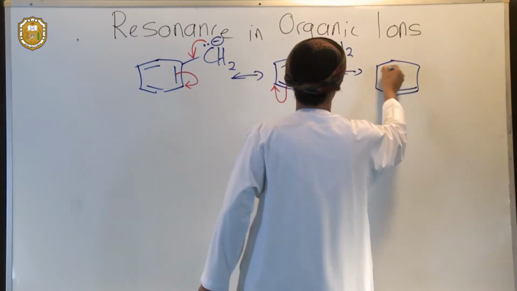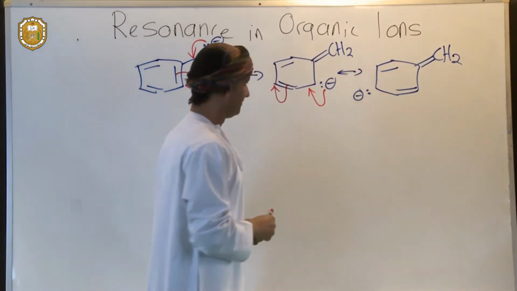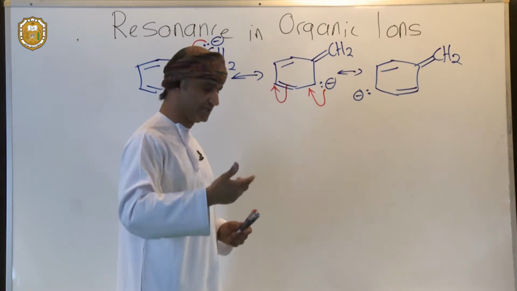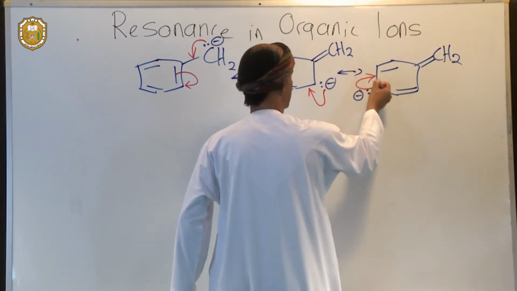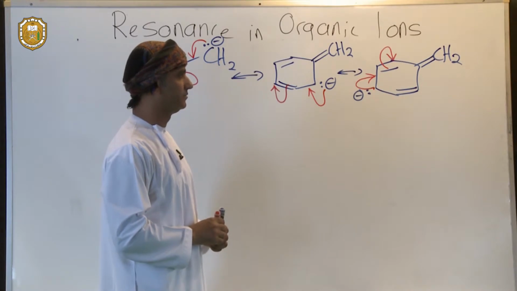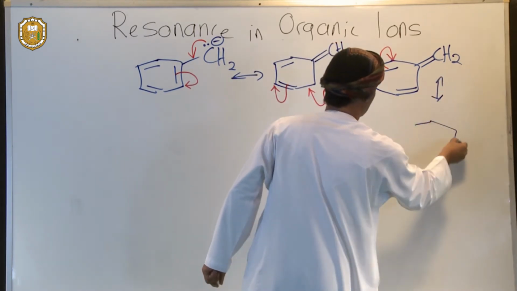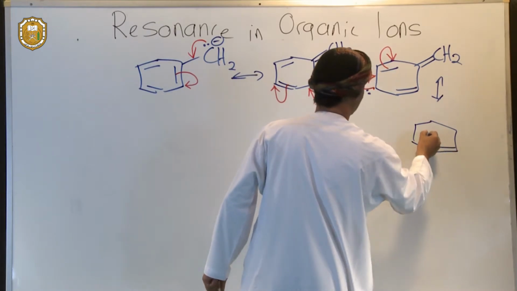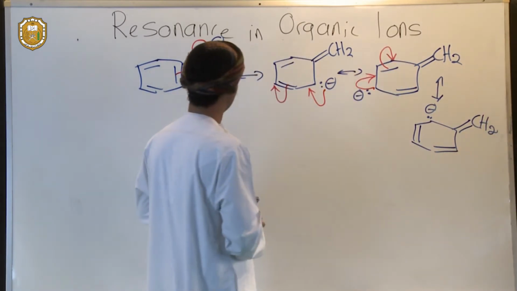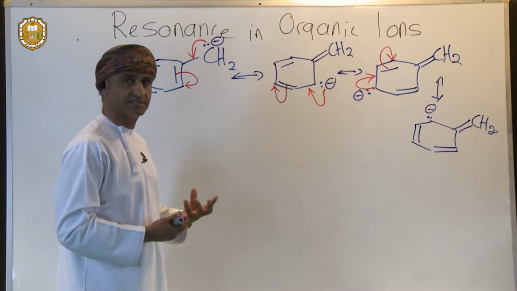So something like that, and we get this carbanion. We can continue to move electrons around using curly arrows. If we move electrons like that, we have to break that carbon-carbon double bond, leaving the lone pair, the two electrons, on the carbon that's indicated. If we do that, we get this last resonance structure. So there are therefore four resonance structures in this benzylic carbanion,